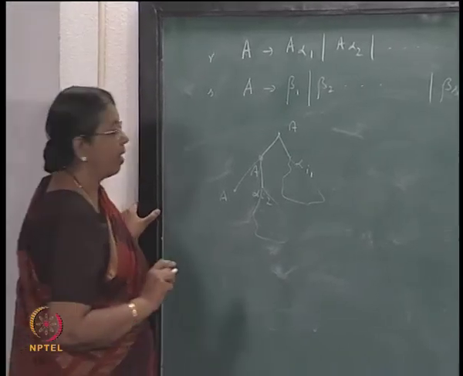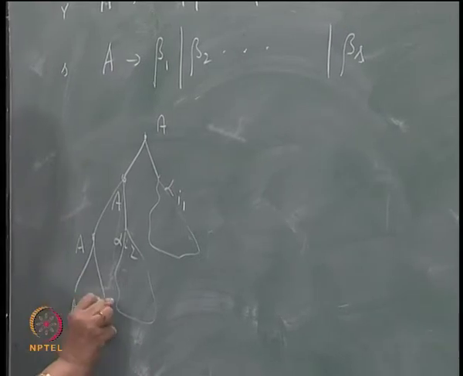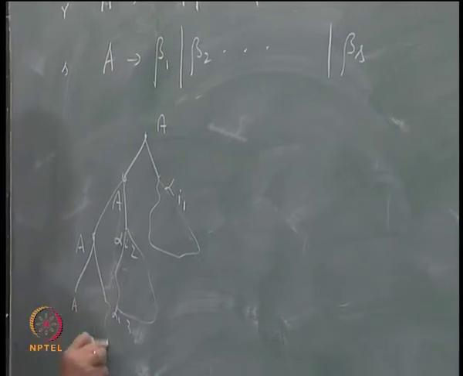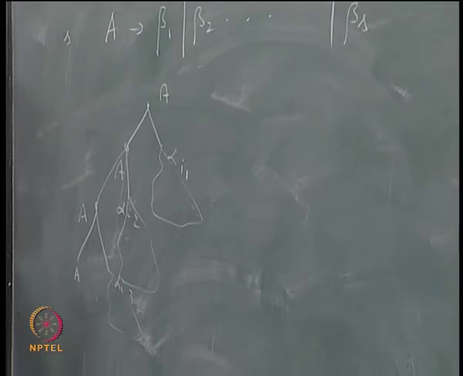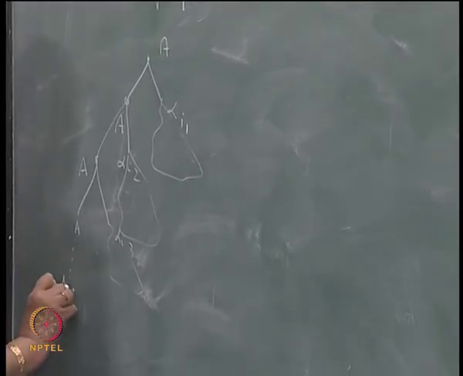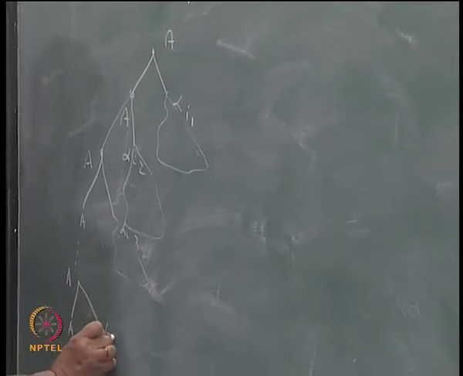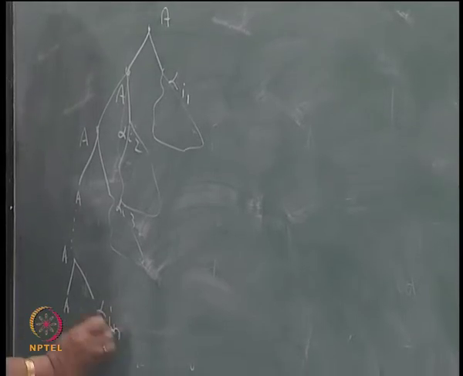Then again you have A alpha I3, and from this you may derive something. You can proceed like this until you have A alpha I n,